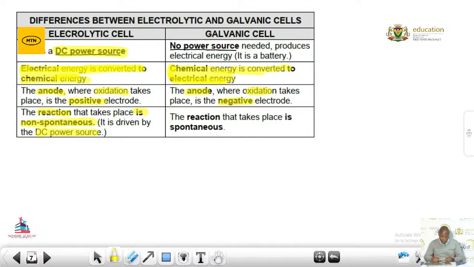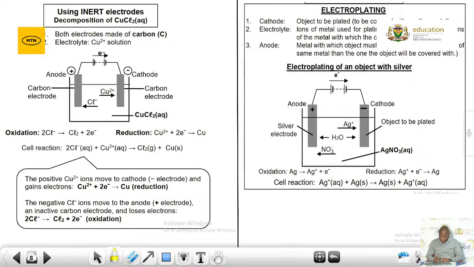We need now to give it the energy in order for us to operate that specific cell. So these are key critical differences, such that when you give your answers, you give your answers for a galvanic cell. When you give your answers, you give your answers now for an electrolytic cell. With that being said, let's get into two critical